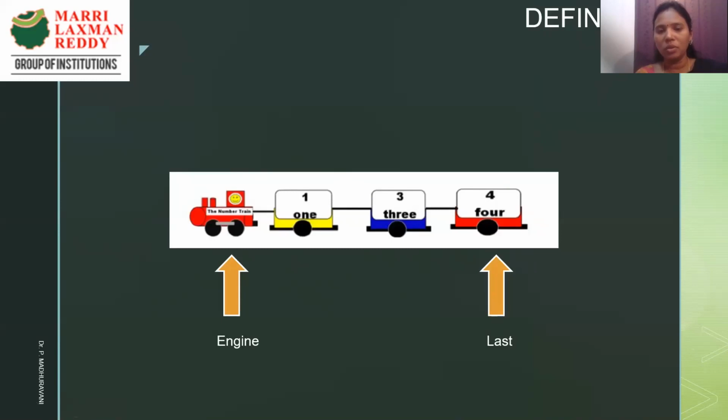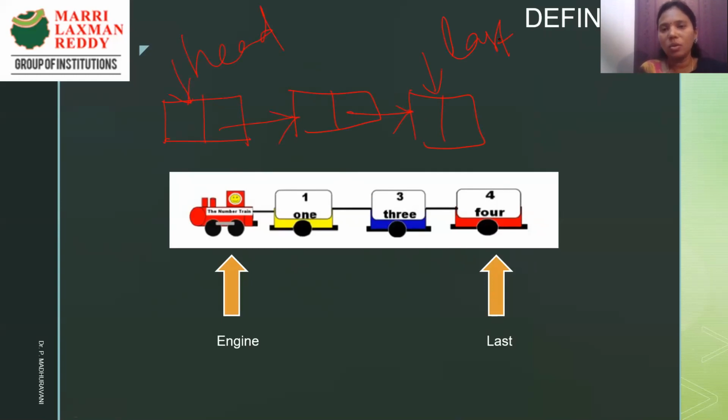Just to convert this train scenario in terms of the linked list, each compartment can be considered a node, like this, where nodes are connected in a sequential manner with the help of links. The first node is called the head, and the last node is called the last. The last node's next part holds the value null because it is not connecting to any other node